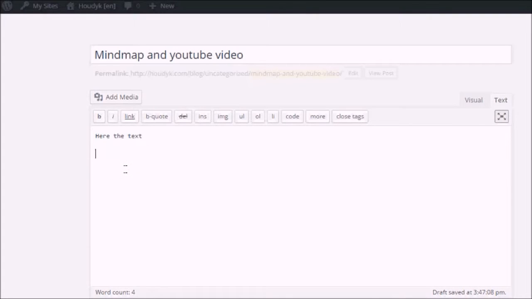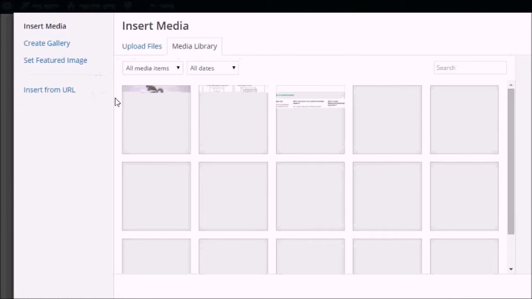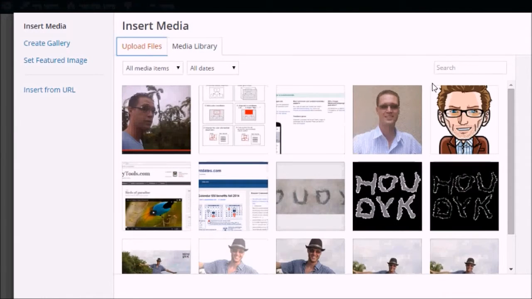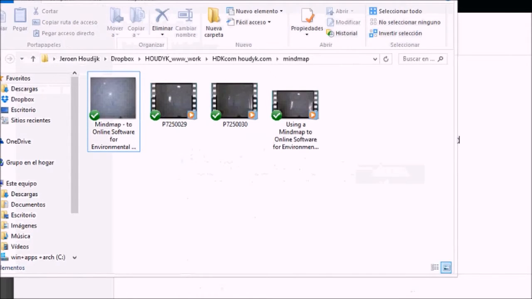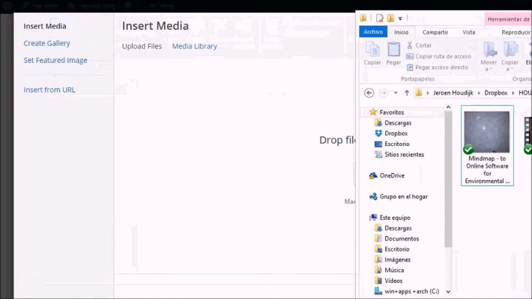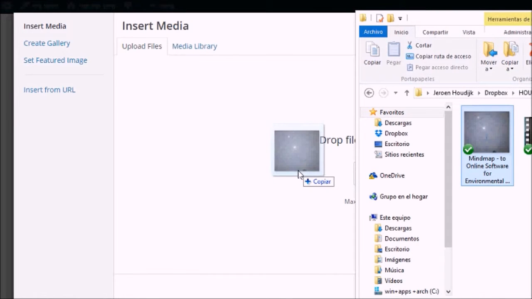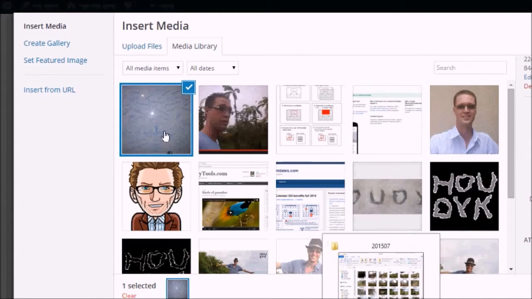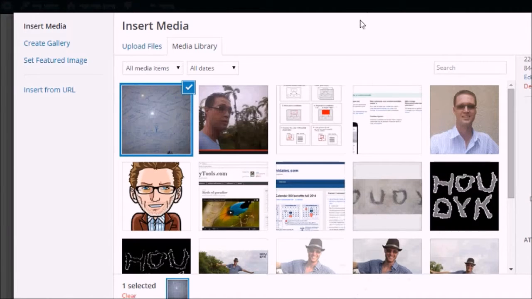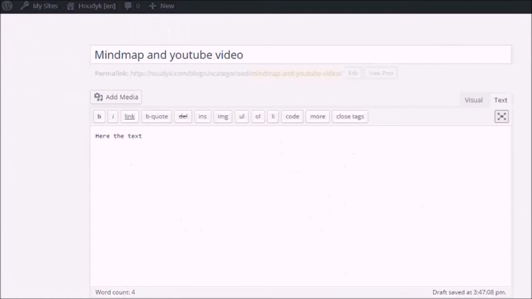So let's take out this. Add media, that's the button you have to push. And upload some files. I think I'm going to choose drag and drop. Here I have my media files in a folder, and I'm going to drag this to upload the file. There it is. And then what happens next is that